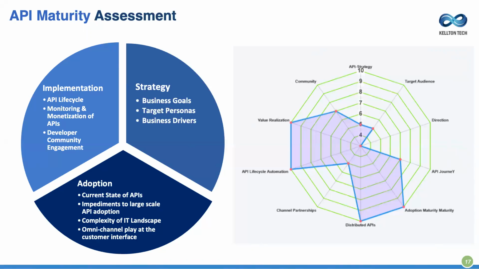So most of the impediments will be about the complexity of your IT landscape. What are our application development teams doing? Are they more Azure friendly or AWS friendly, or is it a private cloud with Pivotal Cloud Foundry? Now, on the data side, are we more still on-prem data? Are we S3 Amazon data? Those are all the impediments of large-scale API adoption. So all of that complexity of the IT landscape is also important to understand